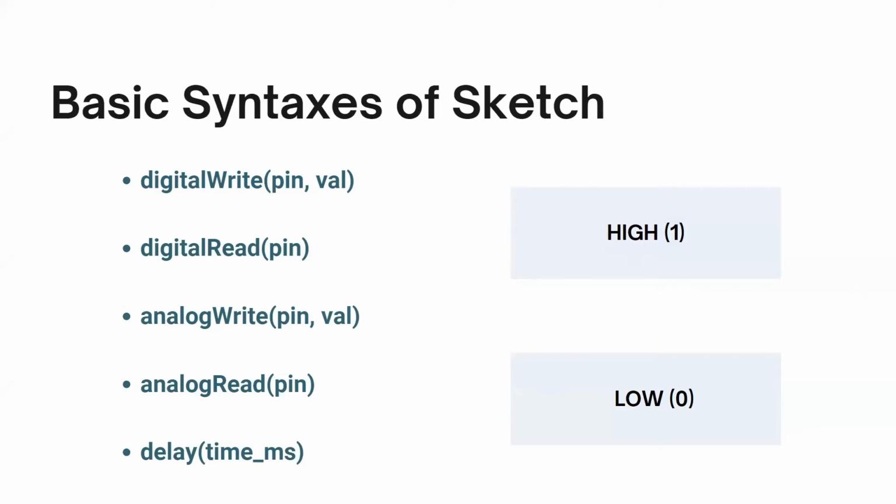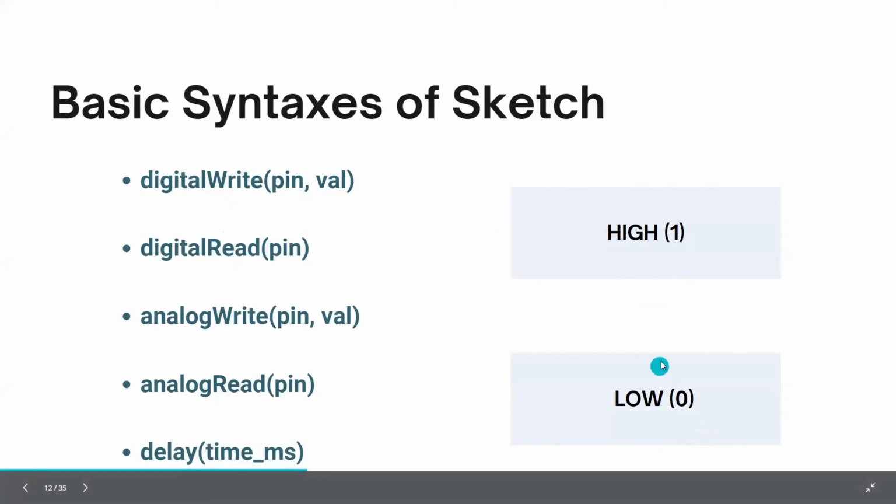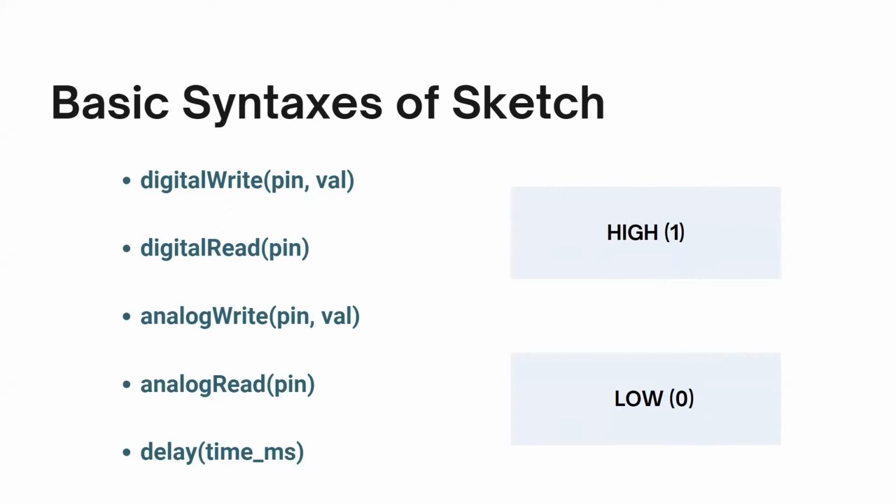So you have to explicitly tell the device that something is connected to pin number 1 and turn it on or turn it off, because it doesn't understand whether this is an LED or what. So whenever you want to turn on or turn off something, you can use the digitalWrite function. Whenever you want to read the state, like if I want to know whether my light is on or off, then I can use the digitalRead function. It will give me high or low. If it is high, that means it is turned on, and if it is low, that means it is turned off. So this is the basic application of digitalWrite and digitalRead functions.